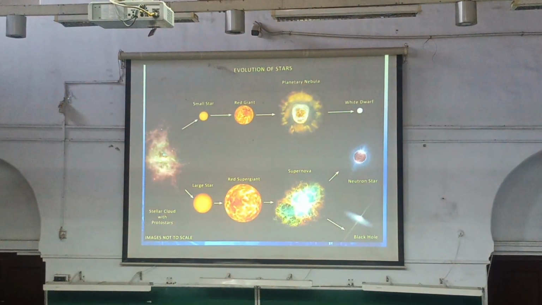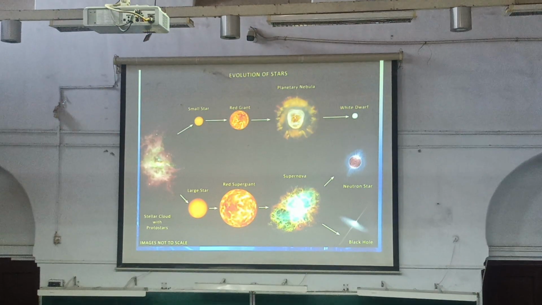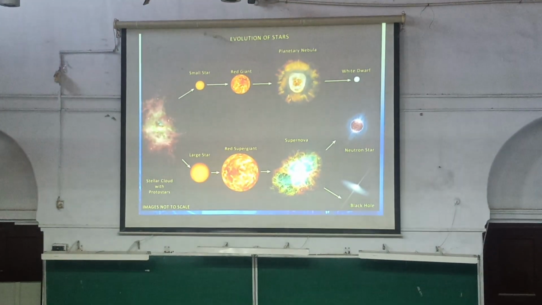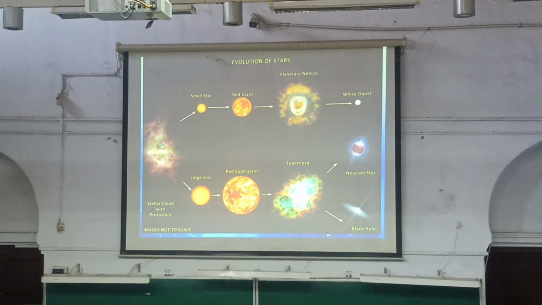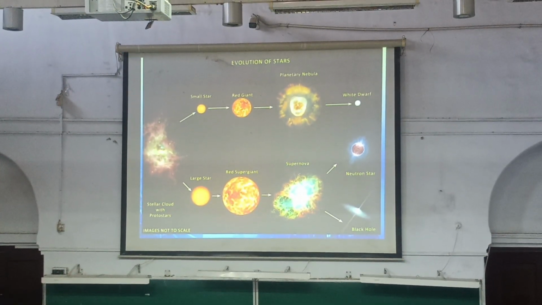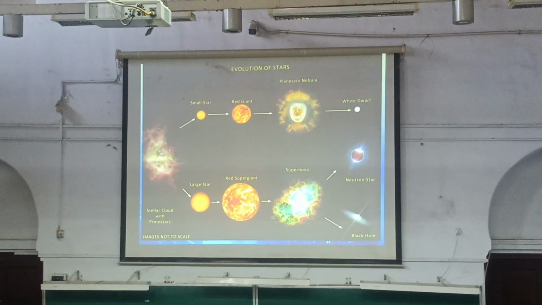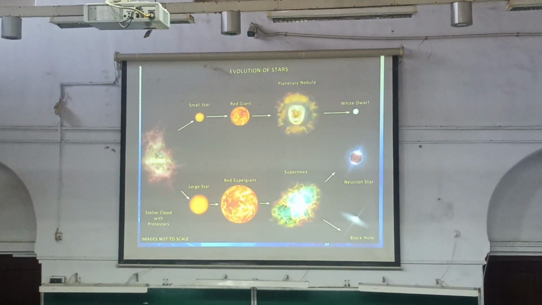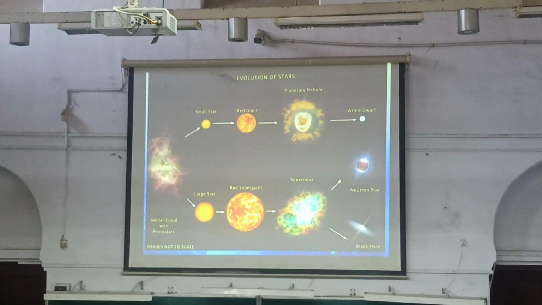So this is the general picture. A small star becomes a red giant and ends up in a white dwarf. A large star becomes something called a red supergiant, and then you have a big explosion, which we know as a supernova. And a supernova can either end up as a neutron star, or if it is big enough, and something I'll talk about if I get to it that time, a compressibility, it might become a black hole. And that's where the big stars end.